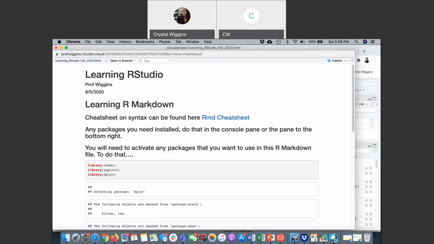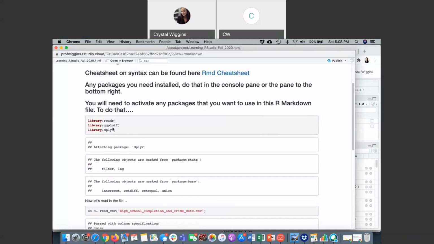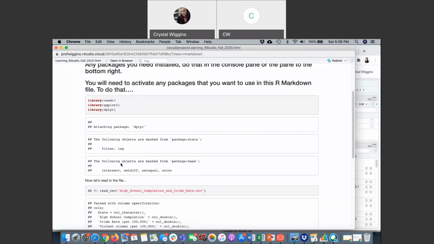So if I didn't like that, if I said, you know what, Learning R Markdown shouldn't be the same size as the title, then I would put 2 hash marks in front of this so that it would be a smaller print. You can see that this is clickable. So I've created a link inside of the sheet so that you can click on this. You can see all my code, and here are all those really annoying, very